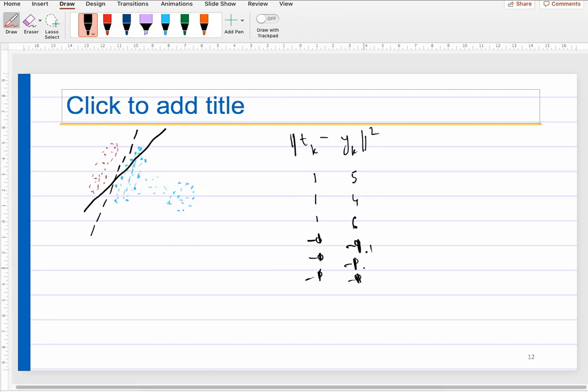This is -1.1, -1.2, -1.1. Okay, so these points are fine. These points also are ideally fine because they lie on the same side of the line, but my error function is poorly designed, so much so that it sees the point which is very far from it, even if on the right side, as a mistake.